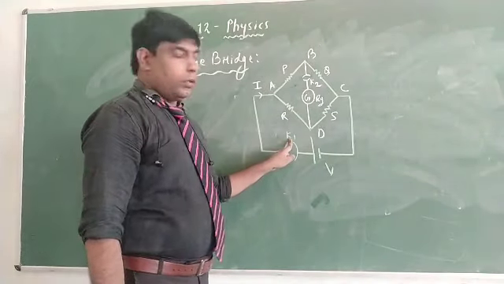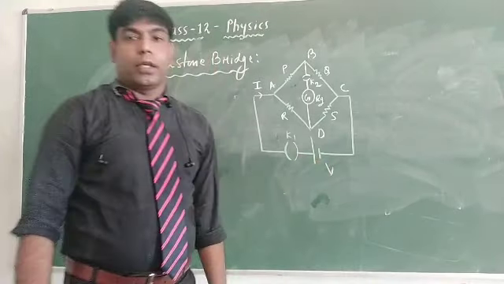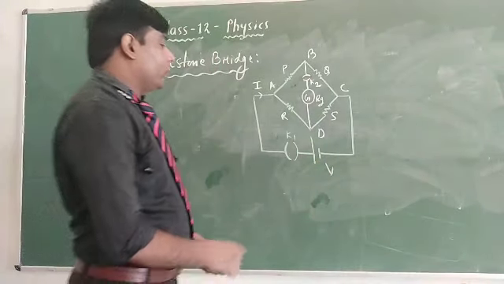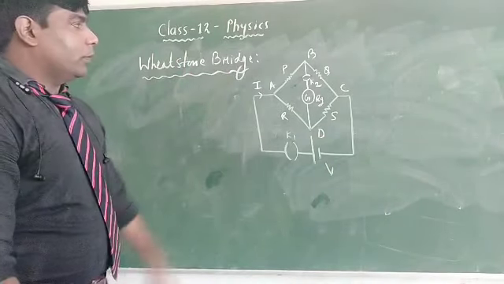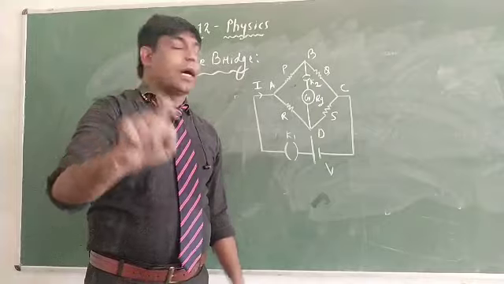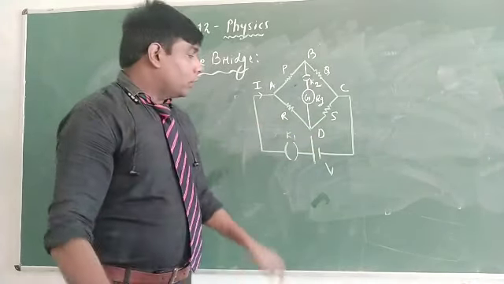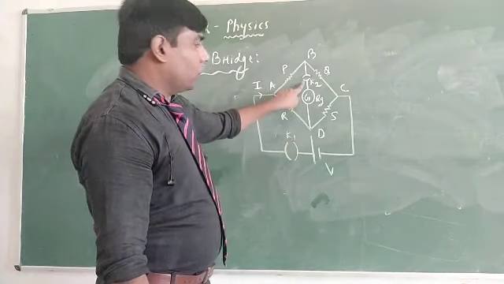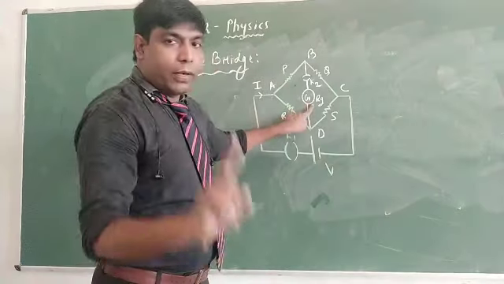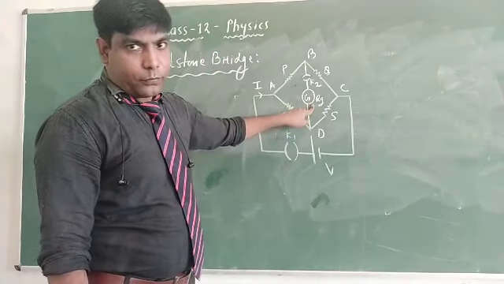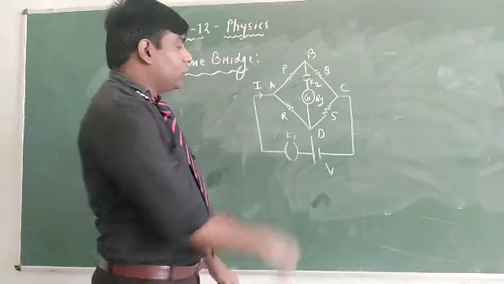We have taken 2 keys, K1 and K2. We have connected a potential, that is V, right? Potential or voltage V. It says that if 4 resistances P, Q, R, S are taken in the form of a bridge, and on closing keys K1, K2, there is no deflection in the galvanometer, then we say this bridge is balanced. This is a galvanometer.